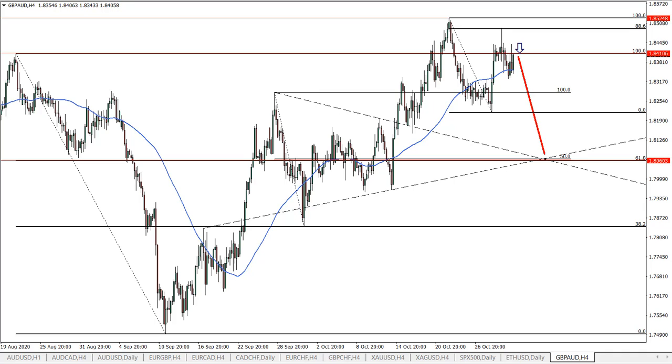Today I would like to present you the pound versus Australian dollar currency pair and the potential corrective move to